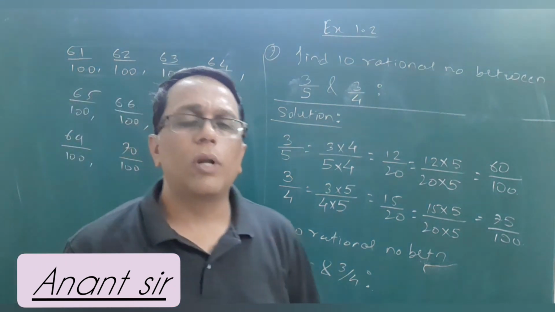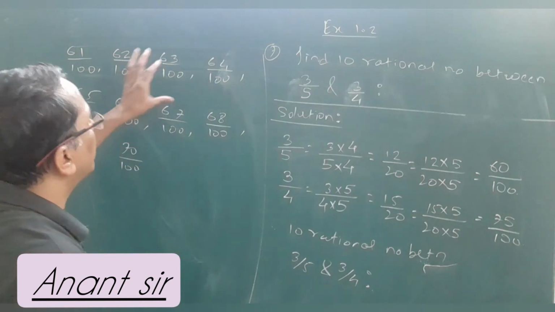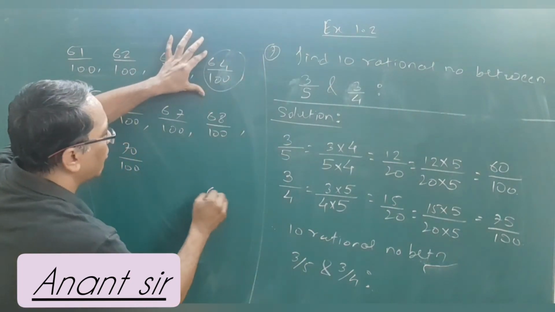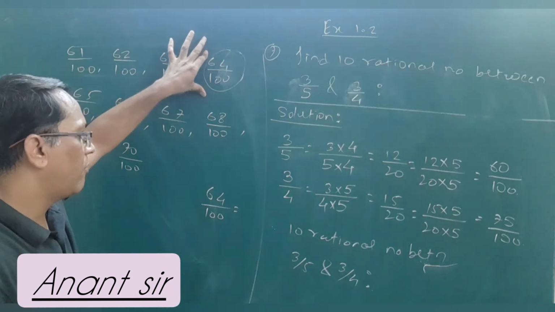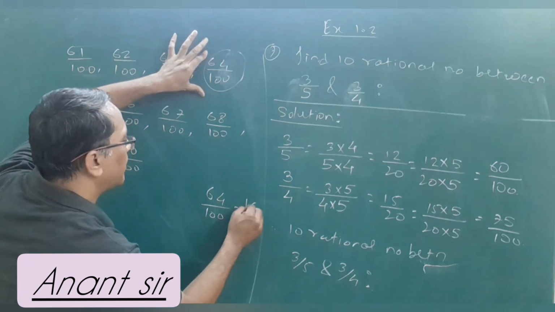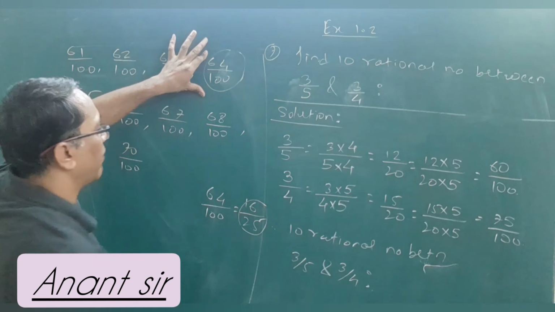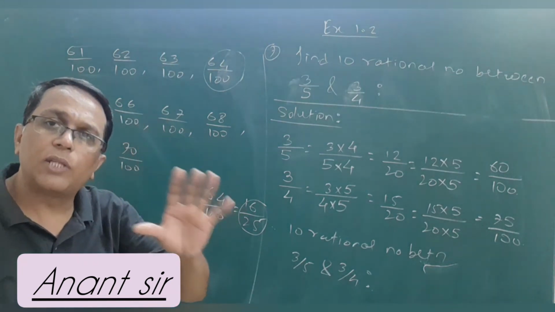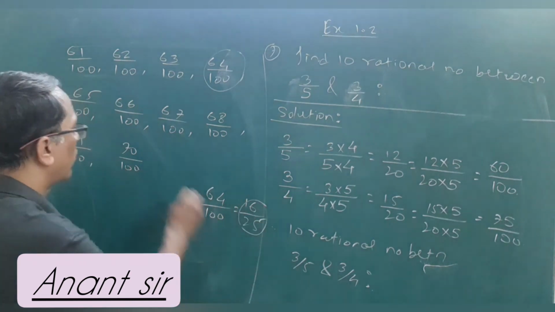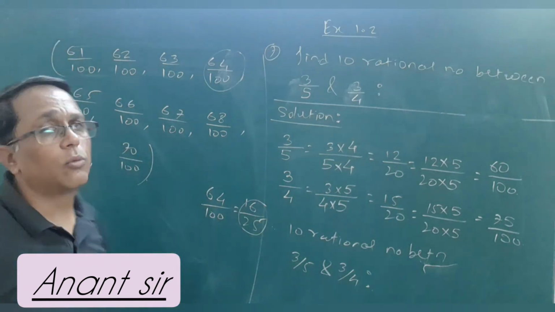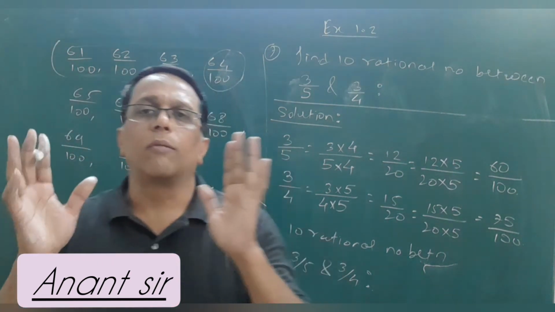Also one very important thing, you can write this in simplest form also. Correct? 64 by 100. So if you divide both by 4, what will you get? It will be 16 by 25. So you can write simplest form of each also. 68 by 100, you can also write the simplest form. But this is also okay, no problem. This will also be considered and you will get the correct marks.